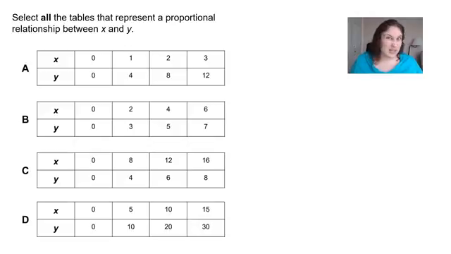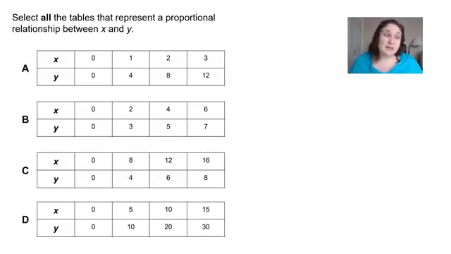Okay, a little bit of a doozy. So let's take a look. It says select all the tables that represent a proportional relationship between X and Y. The reason why this is a doozy is because it says all. In a previous video, we weren't asked to select all. We were just asked to select the one table. Because it says select all, we literally have to check every single one of them to see if they're proportional